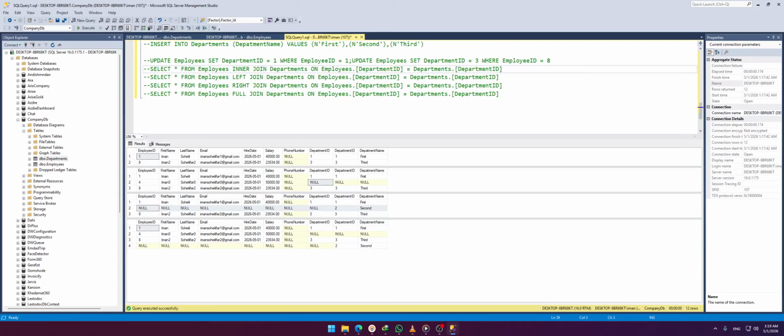Group by is used to group rows with the same values in specified columns into summary rows, like this. I'm gonna use full outer join, group by,